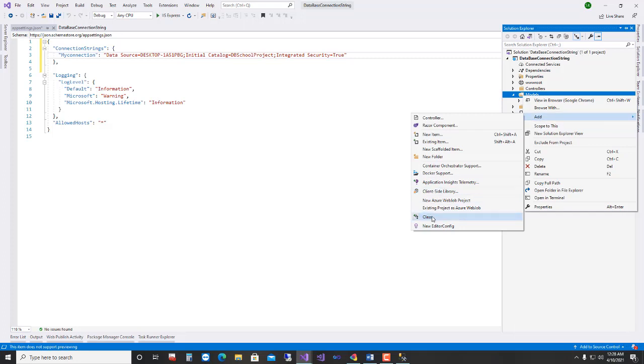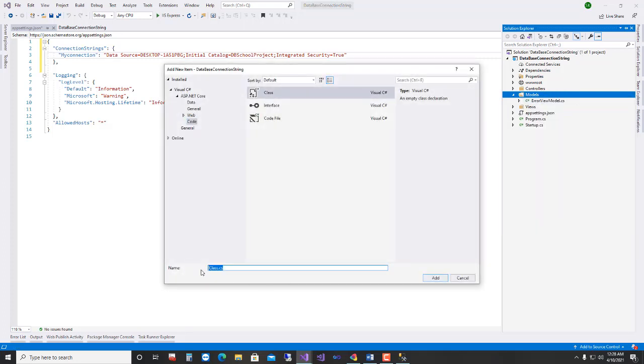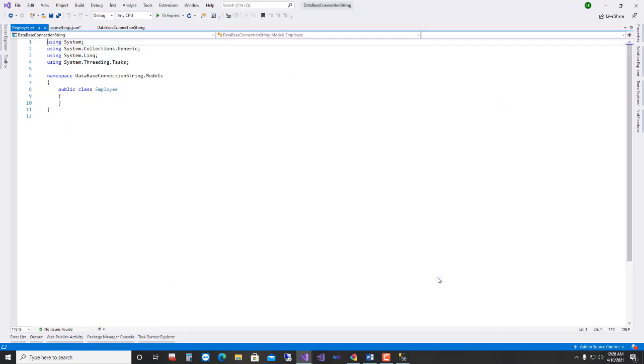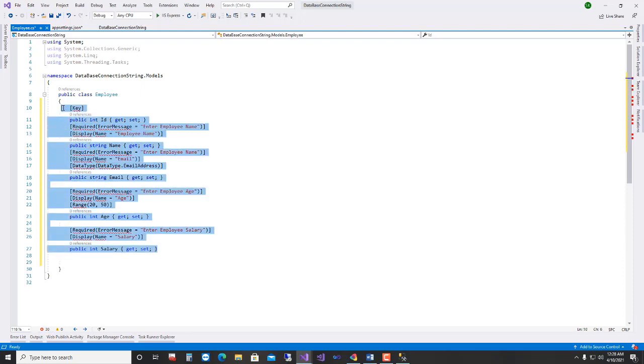So click on add button, select class, give class name employee, click on add button. I'll give the properties for the employee class.